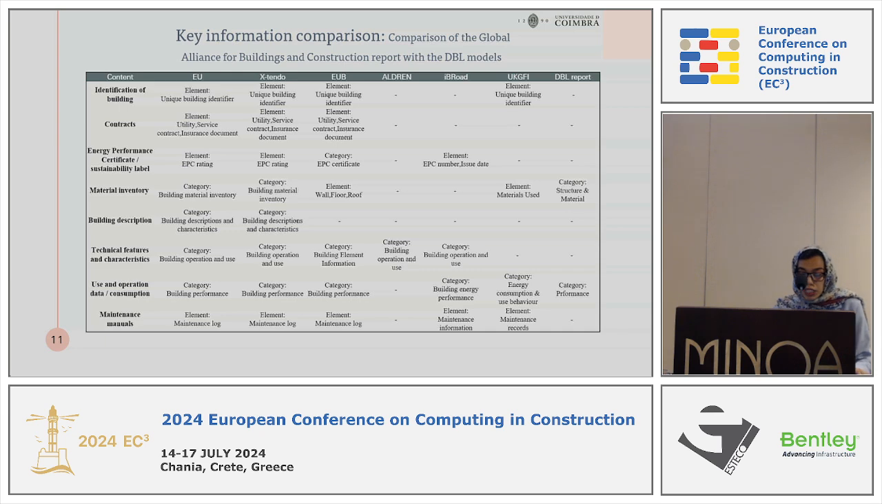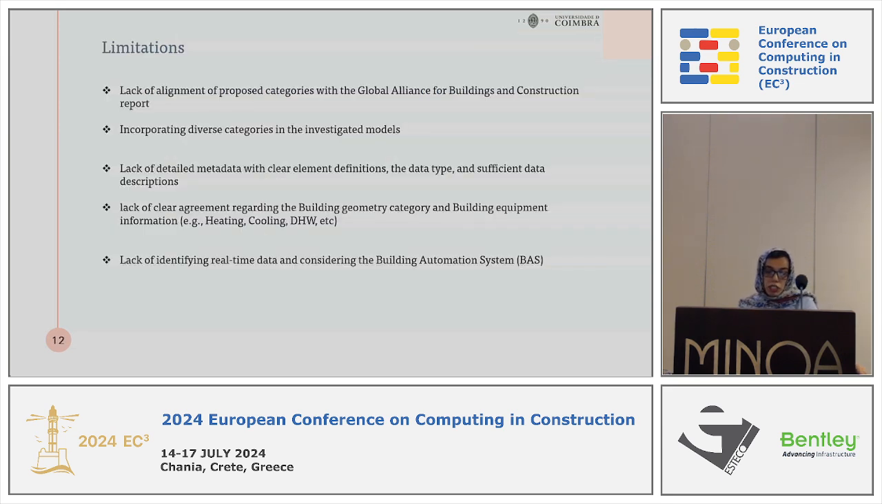Or material inventory. In the EU and Extendo project, we have found that we have a building material inventory, but in EUB project, for each element, for each category, for example wall, floor, and roof, we have an element material inventory. And the main limitation of this project is that they are not aligned with the proposed categories of the Global Alliance, and also